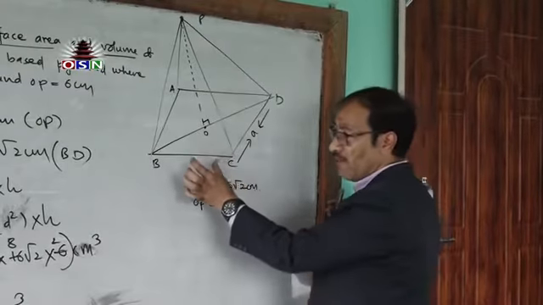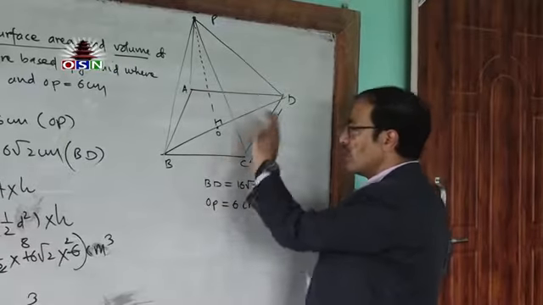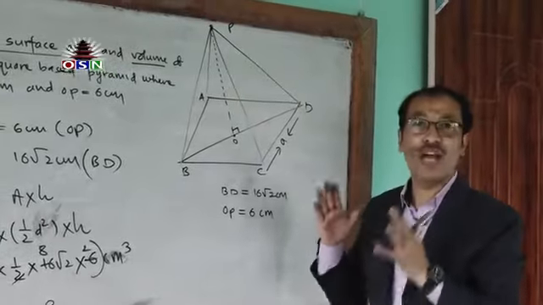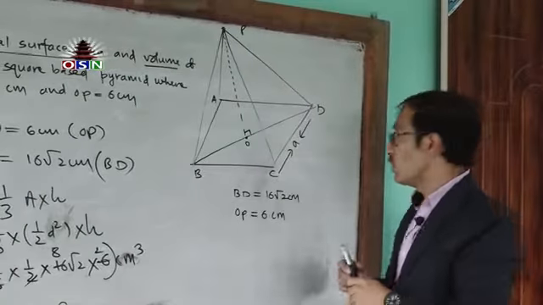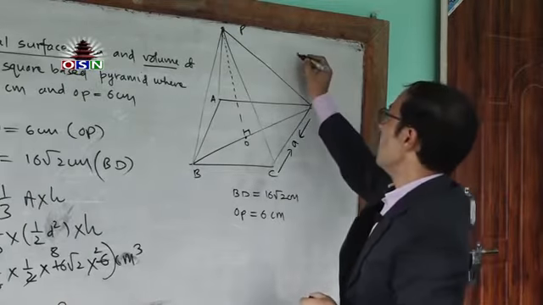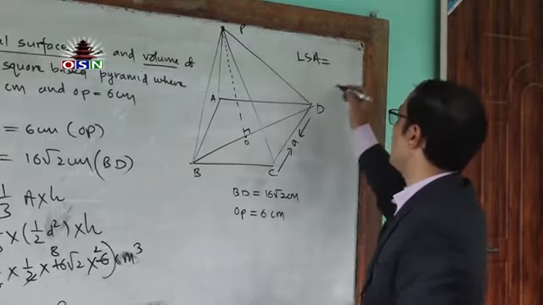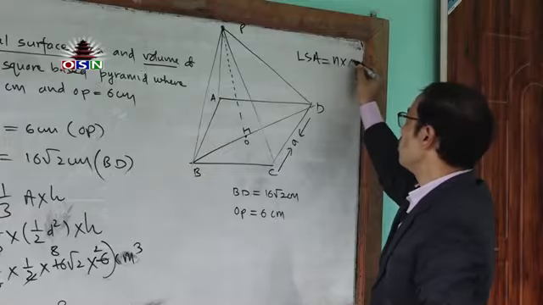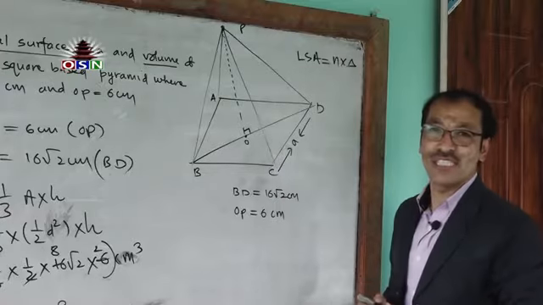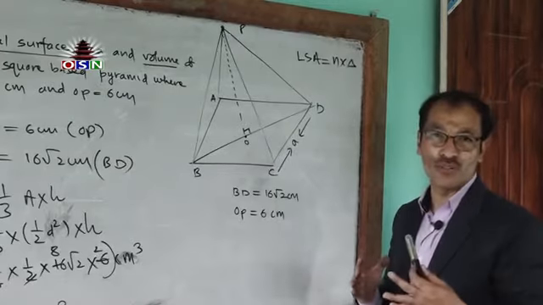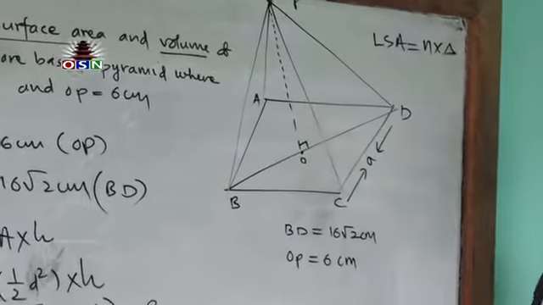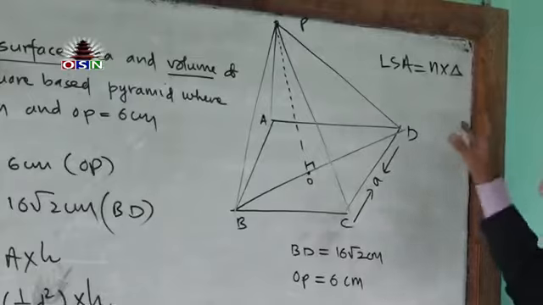There are altogether 4 sides on the base: side 1, side 2, side 3, side 4. And now we have 4 triangles on these sides. So lateral surface area means the number of sides times the area of a triangle on those sides. We have to remember it in this way also. There can be another formula also, but this time I am going to go through this one. So it makes it easier.